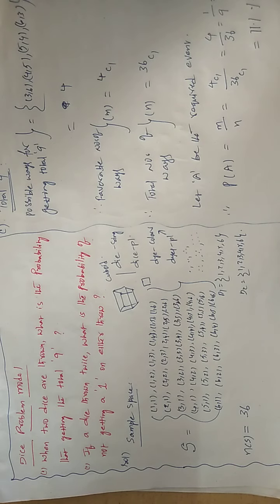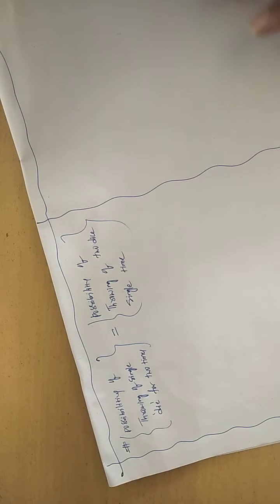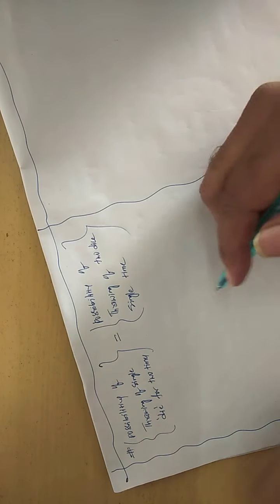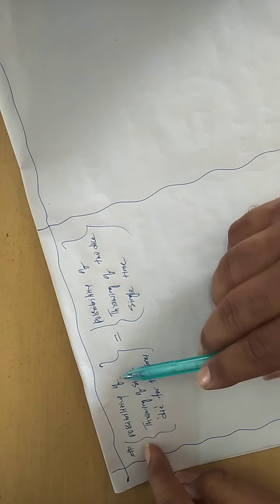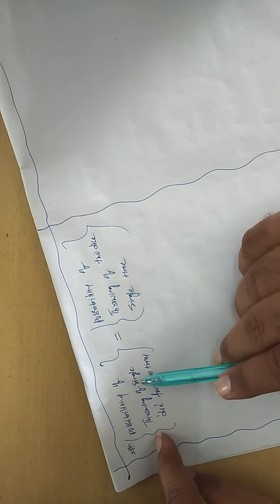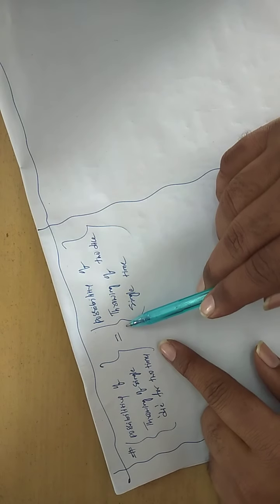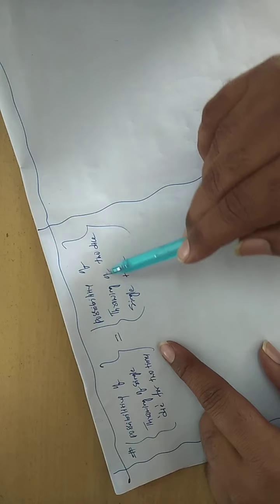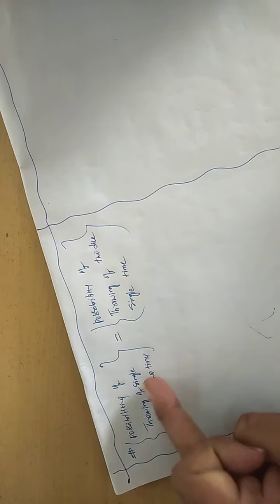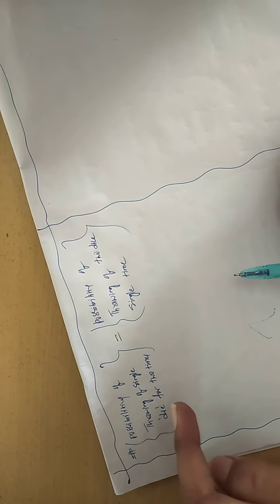All of you observe. So check the possibilities here. The total outcomes, the possibilities of throwing a single die 2 times, are equal to the possibilities of throwing 2 dice a single time. Both are going to give the same result, the same sample space. That means in the previous problem we wrote all the 36 combinations. The same combinations we are making use of here also.